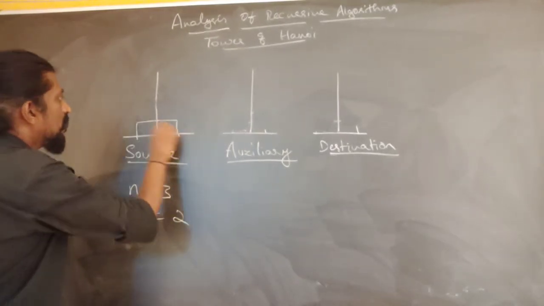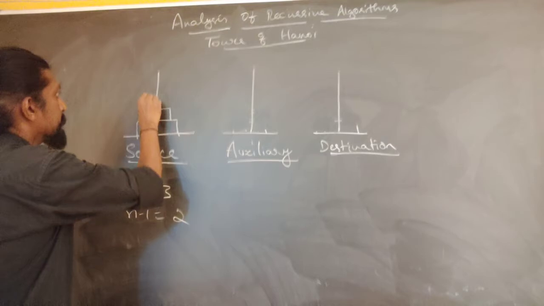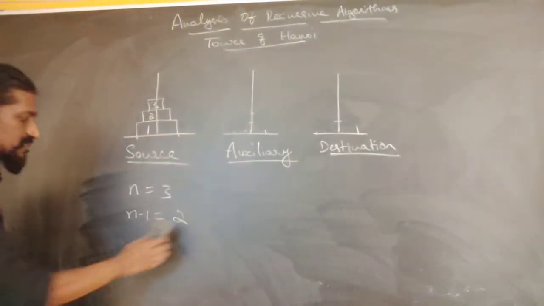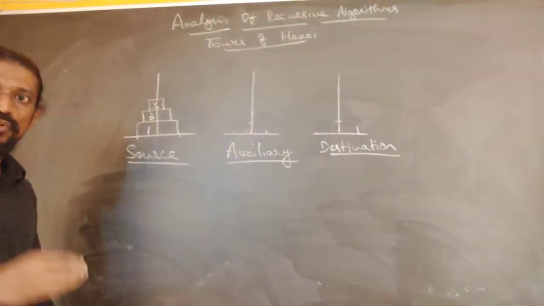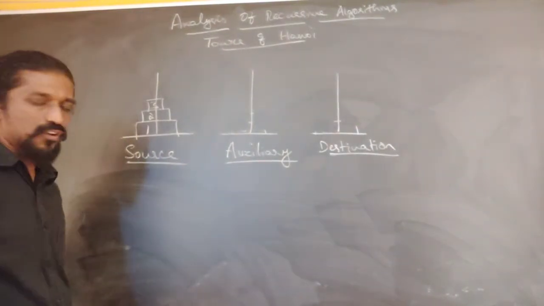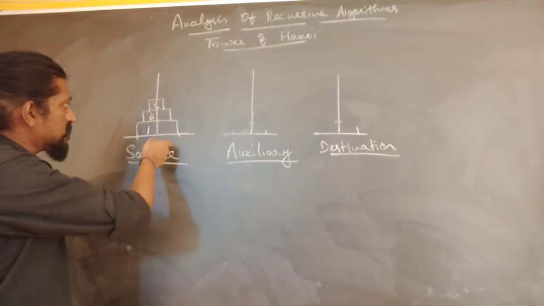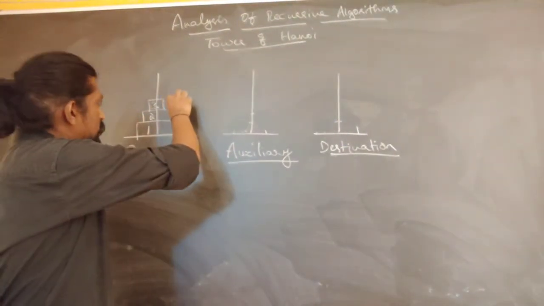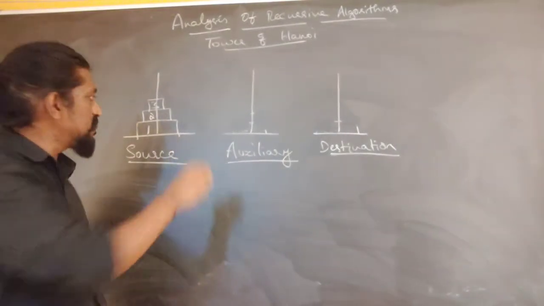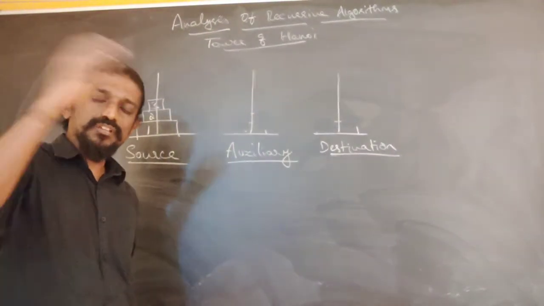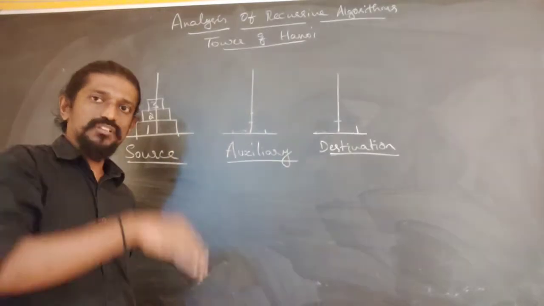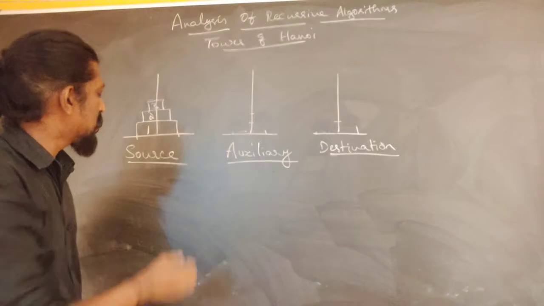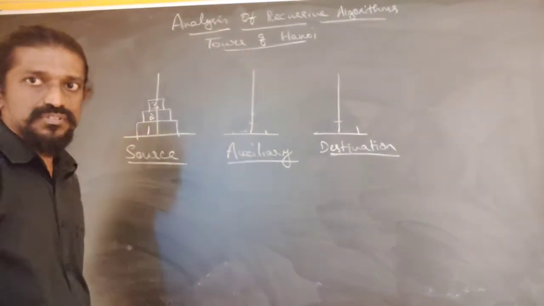So in fact we can't move 2 discs, 2 and 3, at the same time. There we have to apply recursion. The best known solution for the Tower of Hanoi problem is based on recursion, which requires that to move n discs from source to destination, move n minus 1 discs from source to auxiliary. To move n minus 1 discs from source to auxiliary, we need to move n minus 2 discs first. And to move n minus 2 discs, we have to move n minus 3 discs. And another thing you have to observe here, every time the source, destination and auxiliary keeps changing.